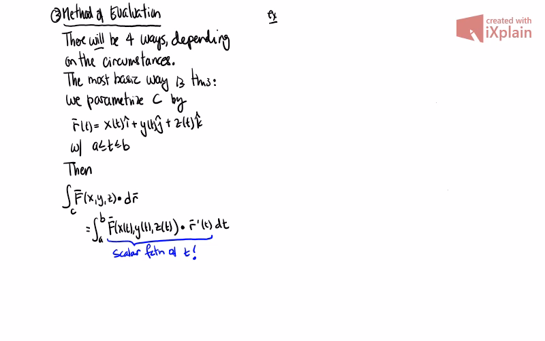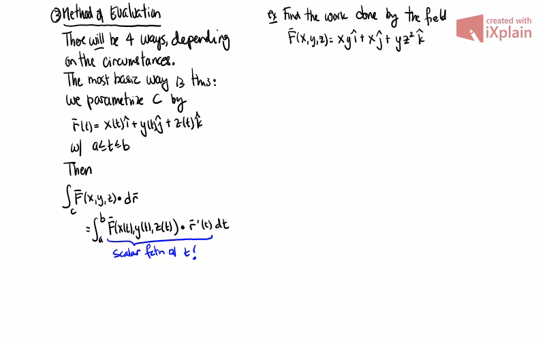So let's say, find the work done by the field f of xyz equals xyi plus xj plus, say, yz squared k